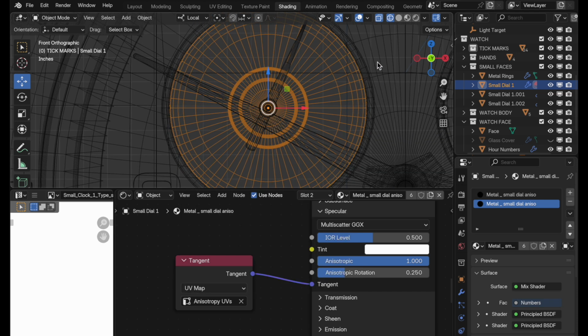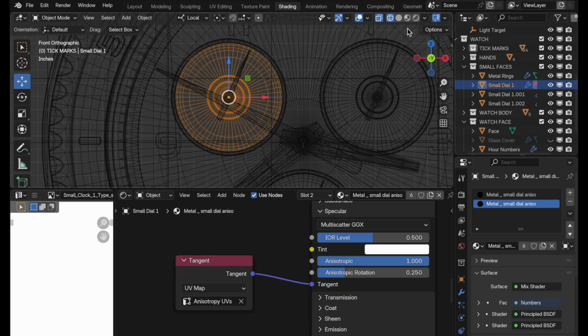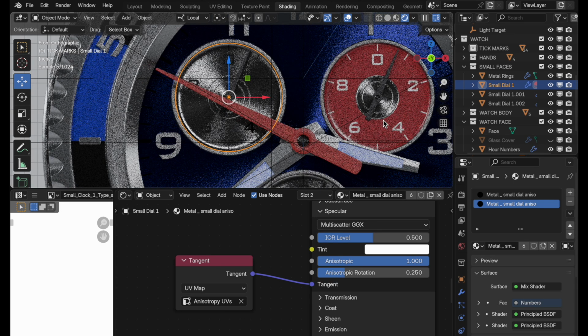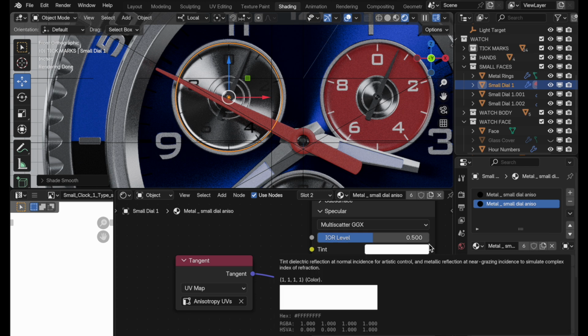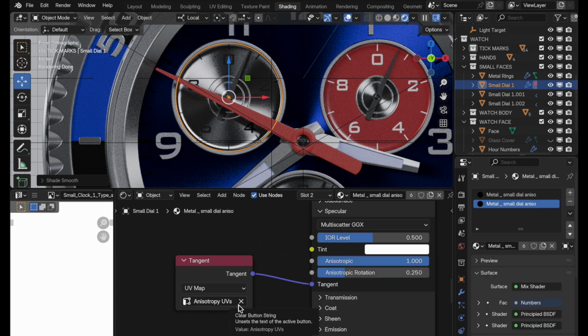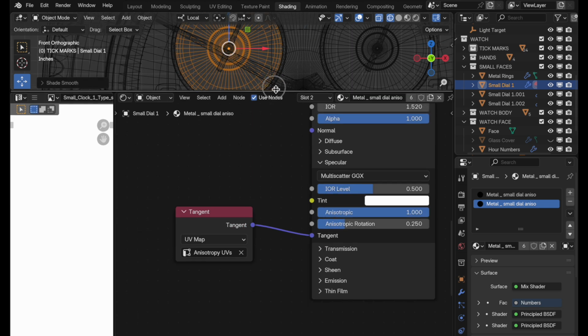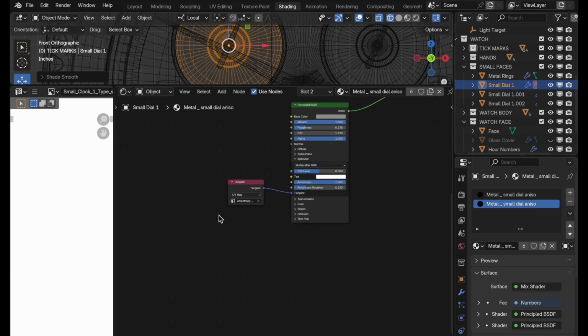Let's jump back to the main object. And then when we take a look at this, it's going to look pretty much the same. It's going to return the same results, but the anisotropy is being generated because of the strand direction being captured by the UVs that we specifically just set up. So let's go ahead and give it this grain pattern and repurpose this second UV map that we just generated called anisotropy UVs. So let's go back into wireframe and let's look at the material I already have set up